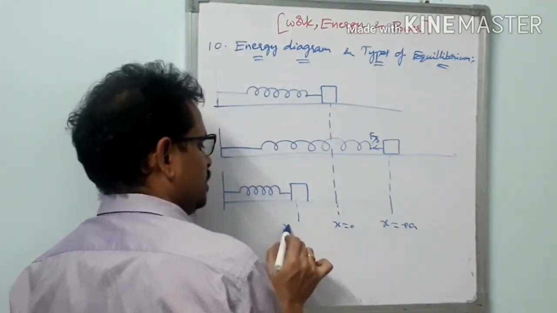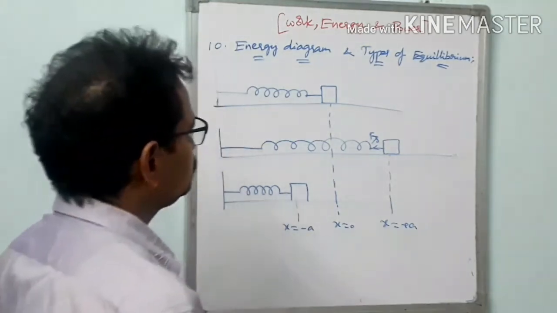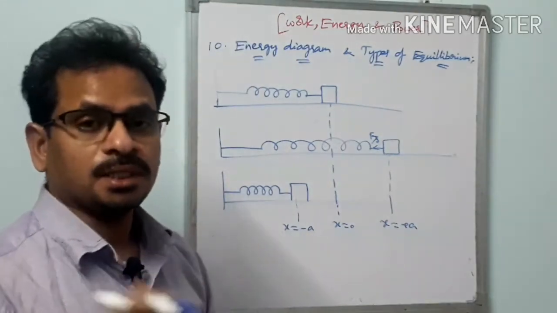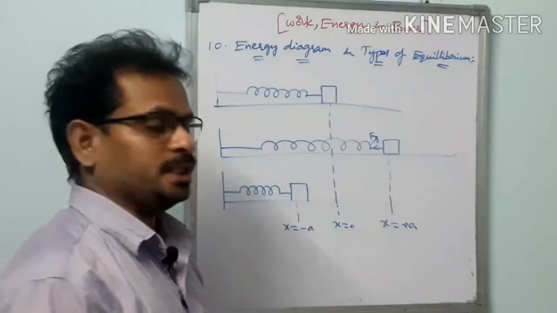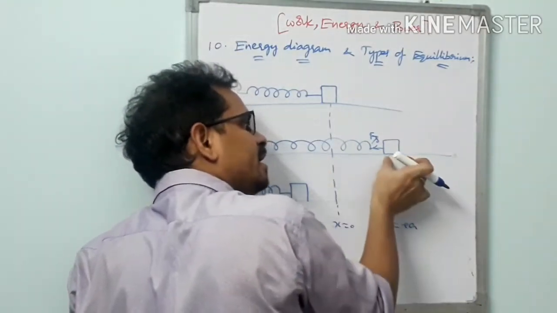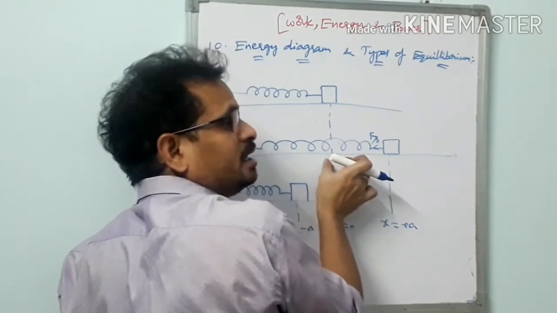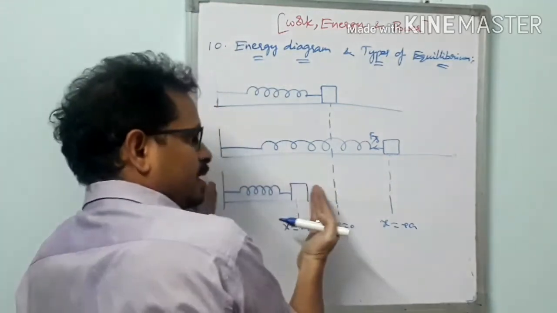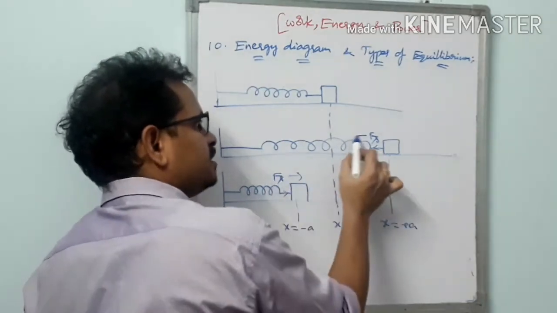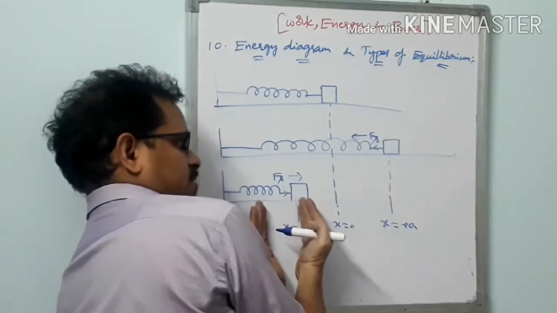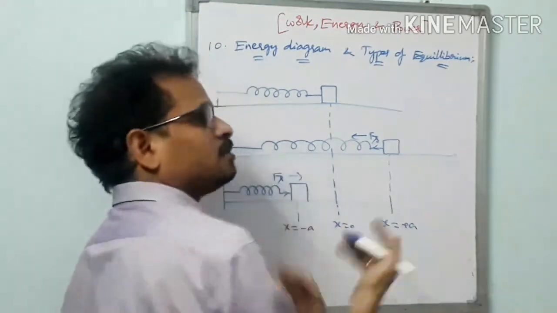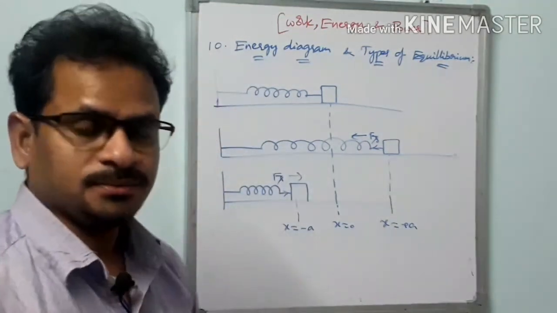So let this position be x equal to minus a. In this way the block undergoes oscillations due to the restoring force produced within the spring. When this is taken to this extreme side, the restoring force will be acting this side and tries to bring it to this mean position. Here it overshoots to the other side, so the spring undergoes compression, and in this case the spring force will be acting rightwards. In this case the spring force will be acting leftwards. So the spring force tries to take this back. Again it overshoots to the other side. In this way this process continues and it undergoes oscillation.